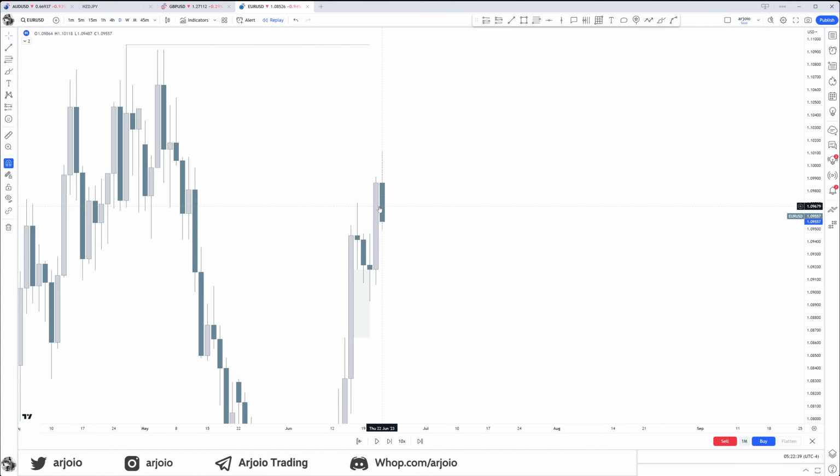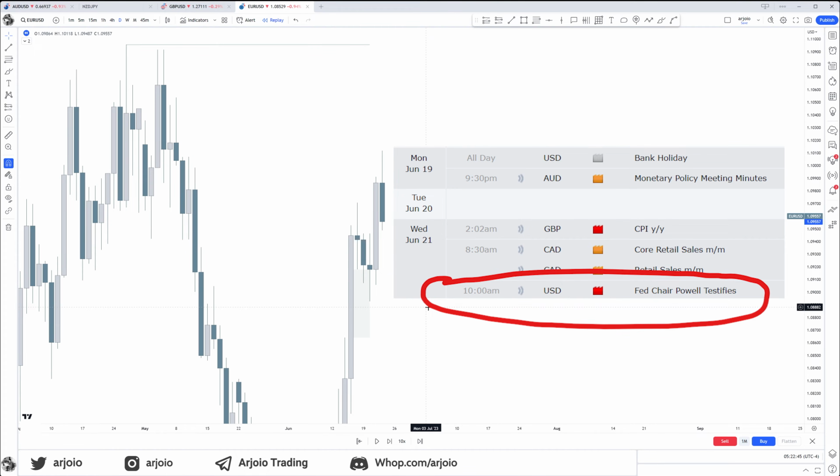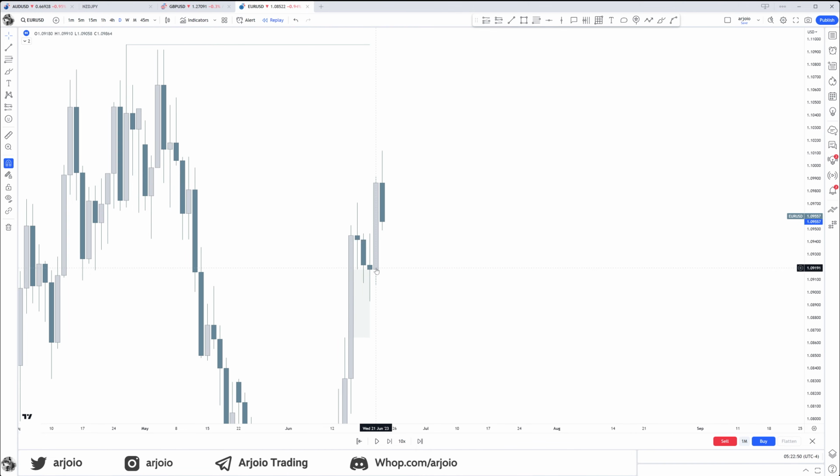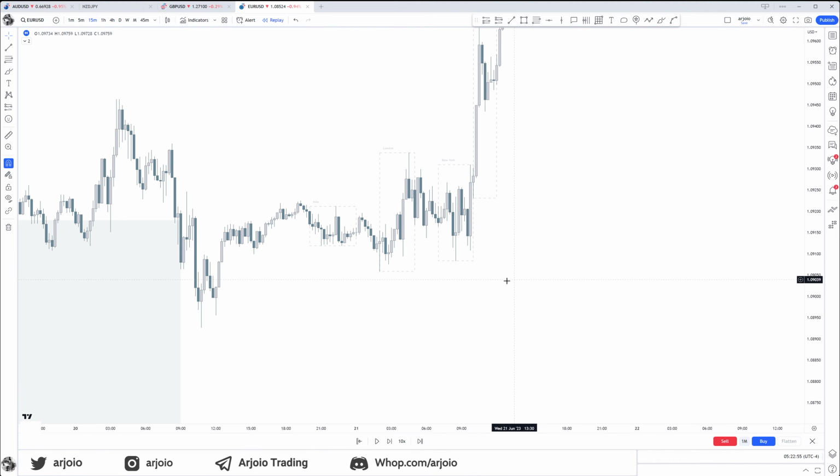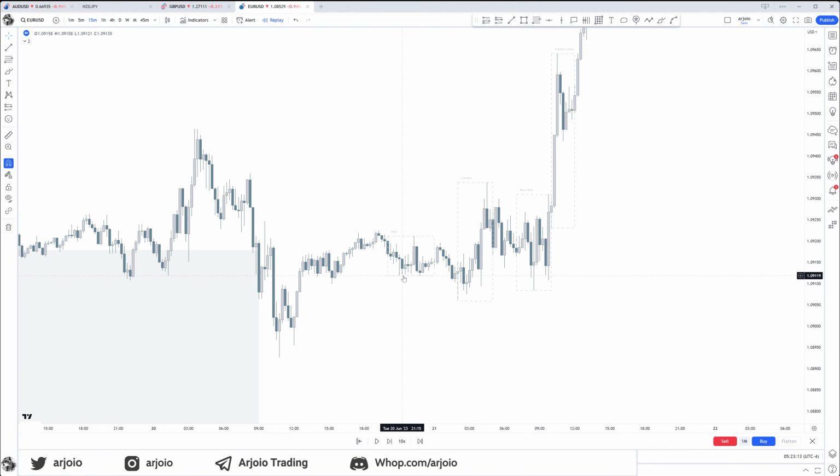Which day decided to expand? Wednesday. Why? Take a look at your economic calendar. And that is how I avoided losses on Monday and Tuesday. I took a winner on Wednesday. So right here, what did my trade look like? My trade was an Asia session low sweep right there. We swept those Asia lows.